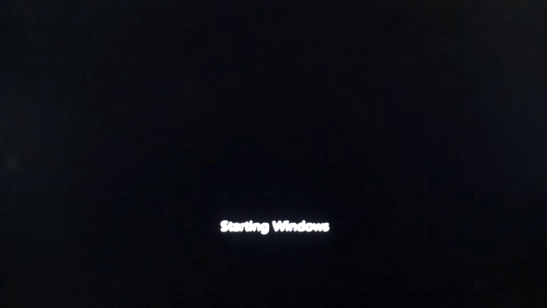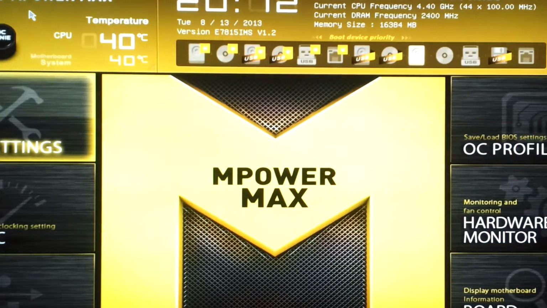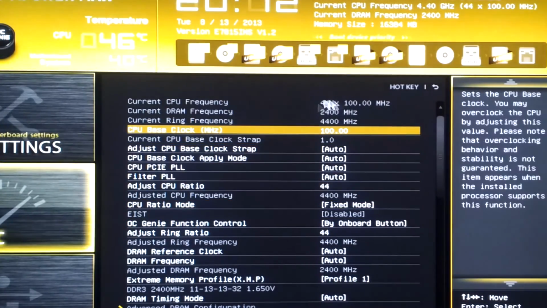So we posted, Windows is starting. Blue screen right away. Now I've already gone through all of these motions to find stability at 2400 megahertz, okay? So I already know what the problem is. It's my voltage. So what I'm going to do is go back into the BIOS here, and I'm going to